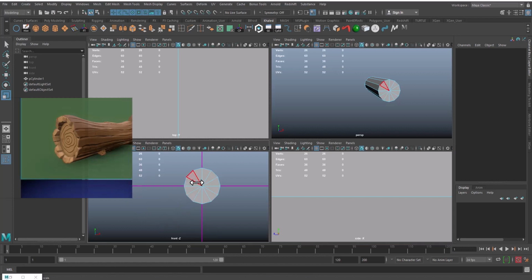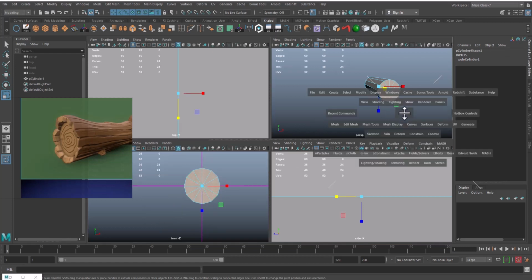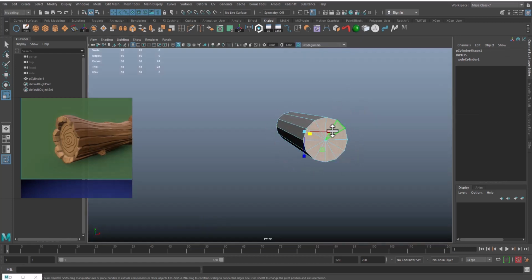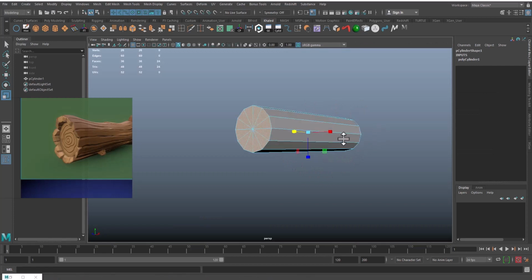Okay, so I'm choosing here so it is easy for me to choose the face in the y-axis. Actually it is the z-axis, but since we have rotated the object,